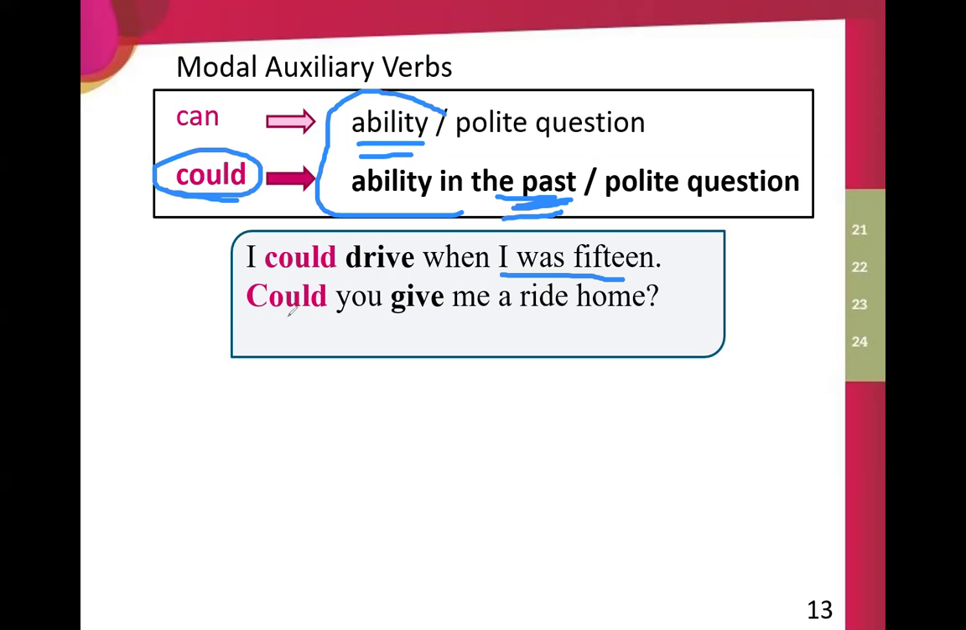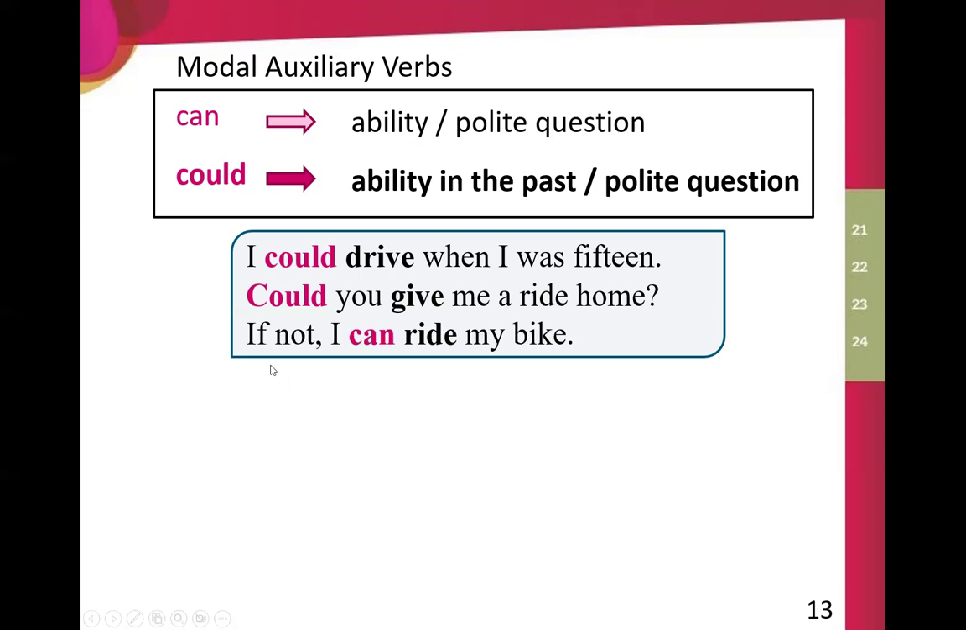Okay, could in the second sentence gives the meaning of polite question or polite request. Could you please give me a ride home? Okay, could you give me? Could you give me here is a polite request, or gives the meaning of asking for a request or for questions. Could you, or you not? So